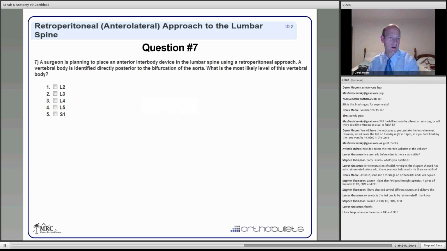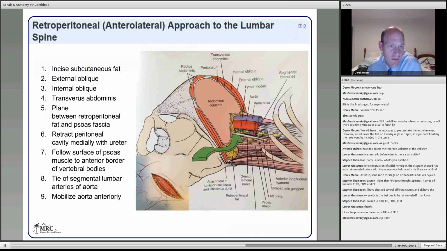So first question. A surgeon is planning to place an anterior interbody device in the lumbar spine using a retroperitoneal approach. A vertebral body is identified directly posterior to the bifurcation of the aorta. What is the most likely level of the vertebral body? So to get this question right, you need to be familiar with the retroperitoneal or the anterolateral approach to the lumbar spine. So to do this approach, you place the patient at a 45-degree angle on the table, and then